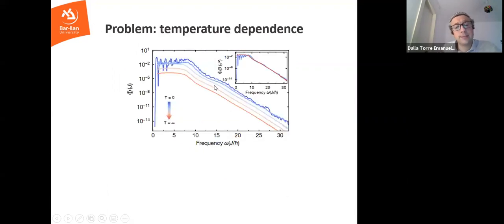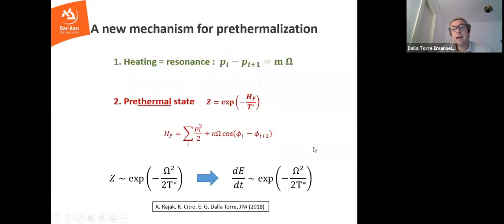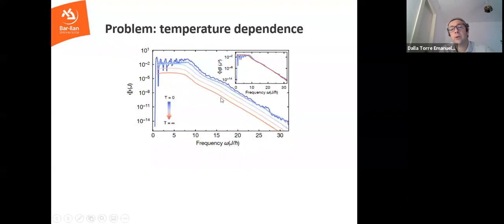This is in contrast to the numerics, because in the numerics, what you see is that the energy absorption is exponentially suppressed even as a function of temperature. So in other words, my prediction was that the temperature should come in the exponent, so that the slope should depend on the temperature. And when you decrease the temperature, I expected to have a smaller slope. In contrast, here you see that the slope basically does not depend on temperature. Okay, the curve goes down. That's expected because if you are at infinite temperature, there's no energy absorption. So the fact that the curve goes down is okay. But the problem is the slope. And the slope here you see does not depend on the temperature.